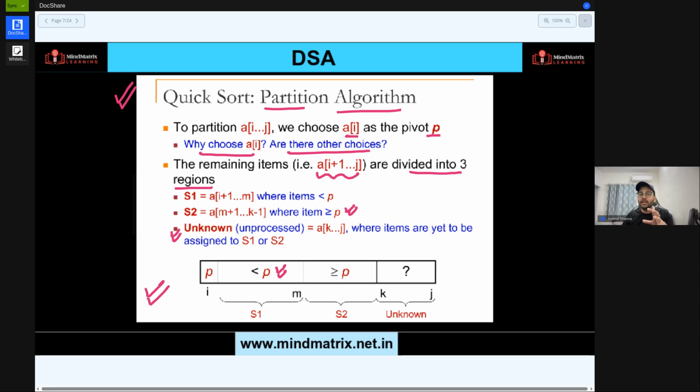That means those items which are present in this unknown region, we have not decided on yet, or we have not processed them so far. We have not processed them yet, like whether it will be assigned to the S1 bucket or S2 region. Clear? So can I say initially, once I select the pivot element, the entire remaining elements